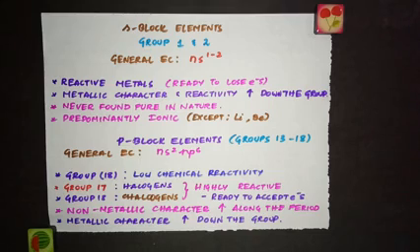When we are talking about all these blocks of elements, S block, P block, D and F block, we have two exceptions, two elements, which are hydrogen and helium. If you see the electronic configuration of helium, it is 1s2. So we expect helium to be in group 1 or group 2, but it is placed in the 18th group because 1s2 is a completely filled configuration. So helium shows some properties of noble gases, and so it is placed in the 18th group.